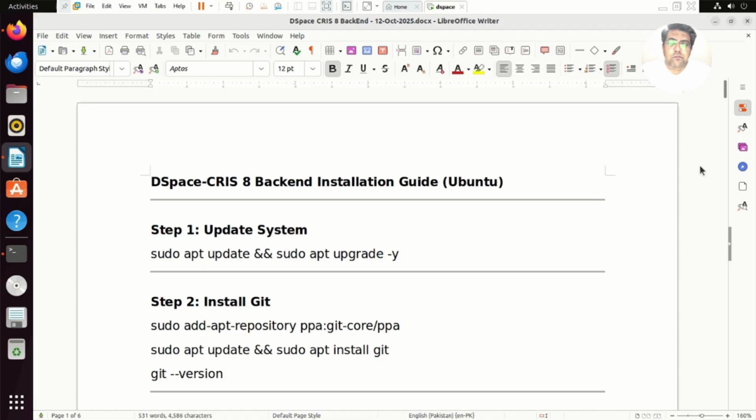Hello and very warm welcome to Raflims. This is Farooq Hussain. In this hands-on video tutorial, we will learn how we can download DSpace CRIS 8 Backend on Ubuntu 22.04. That is the LTS machine, and this is the same machine where we have installed the front